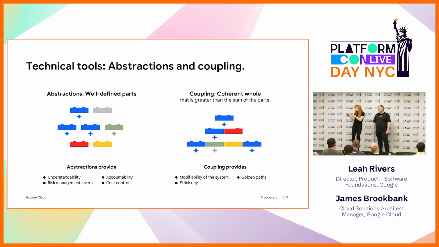And then we also have coupling, and coupling is the thing that helps you make the best use of the resources that you have available at any given time. It's how the pieces of your system are interconnected. It's your policies. It's your dependencies. Coupling is what you can use to really get the most out of the resources that you have today. You can run more software on the same hardware, for example. You can go faster with the same resources.